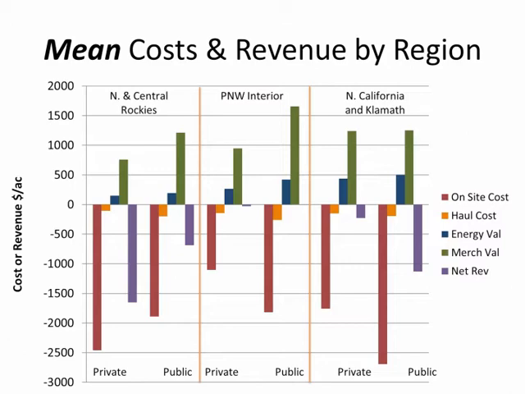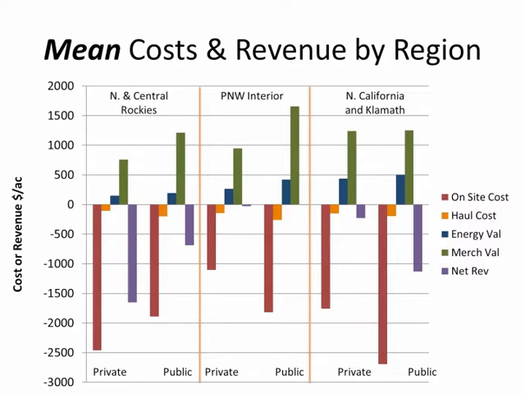Okay. So here's a good way to look at the summary of the cost and the value side by region for public and private for the whole study area. We've got them arrayed as we did before, but without Utah. The on-site treatment costs are in red. The haul costs for energy and merchantable wood are in orange. The revenue from selling energy wood is in blue. The revenue from selling merchantable wood is in green. And the net revenue